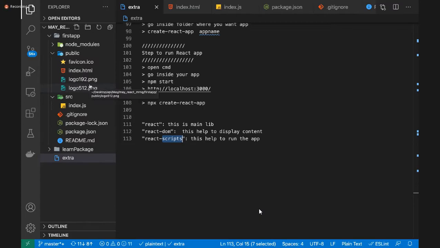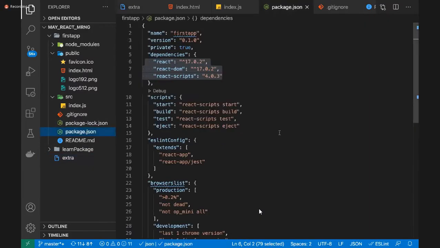What are those things? Those are the compilers. We had to write our own compiler at that time. All the compilation we had to do by ourselves. But nowadays we have one thing called React script that helps to compile it. So we don't need those things which we required earlier.